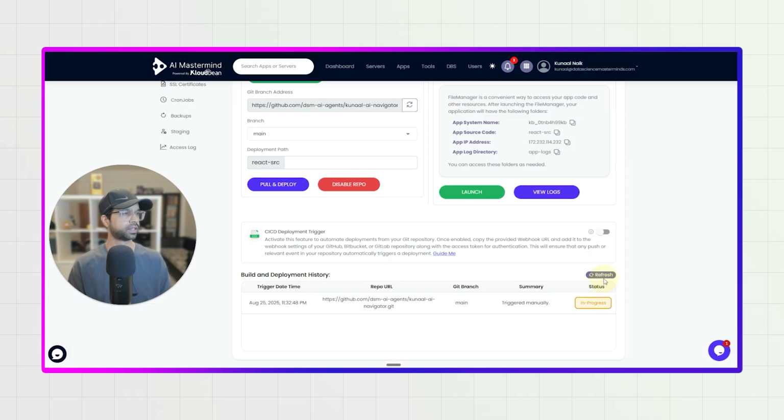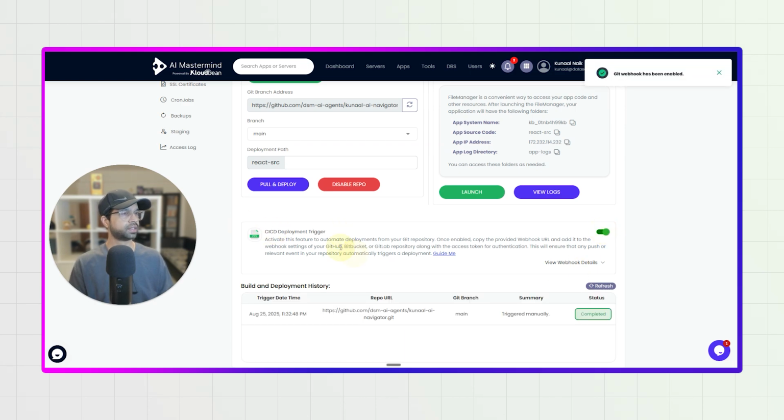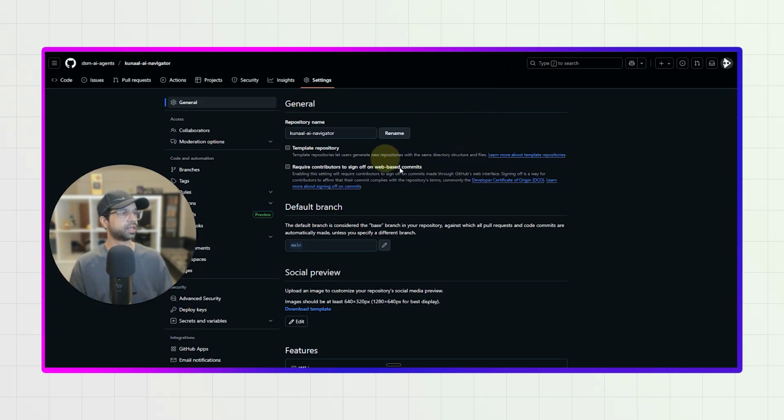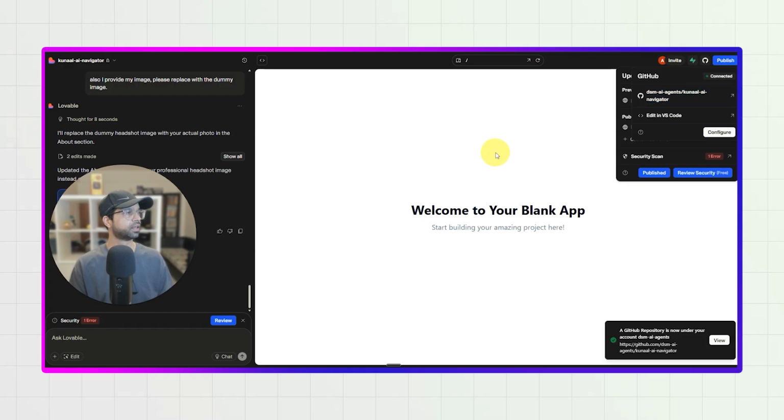If you just refresh it, just give it a couple of seconds. Okay, and once you refresh the status, if it says completed, it should be done, and you can just enable the CI/CD deployment trigger. So what will happen is anytime you make a change in this repository, that is in Lovable here, right? Anytime you make a change here,